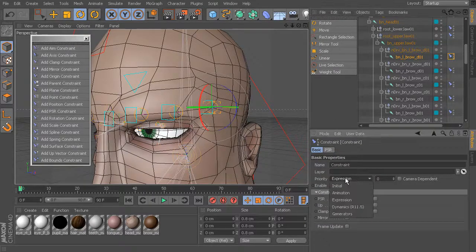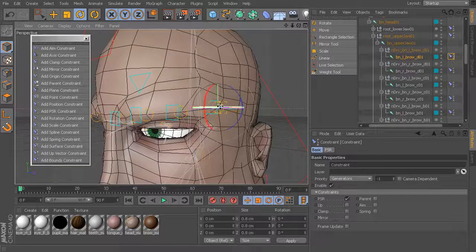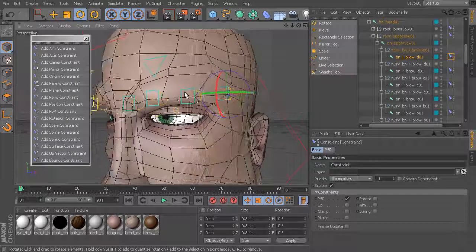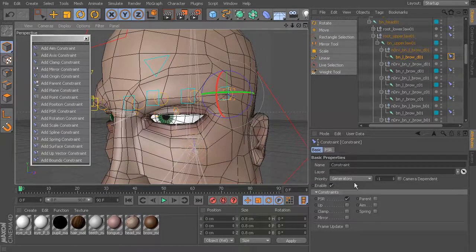All right, so I'm going to switch the priority to generators, and I'm going to set this to -1. Now, what is this doing? Well, typically you'd want to use this for complicated connections. A lot of times when you're setting up an Xpresso rig, you can work with generators. If you're connecting objects to, let's say, a mesh, or if you're dealing with cloth, you can use generators set to -1, and that will take care of the behavior you need